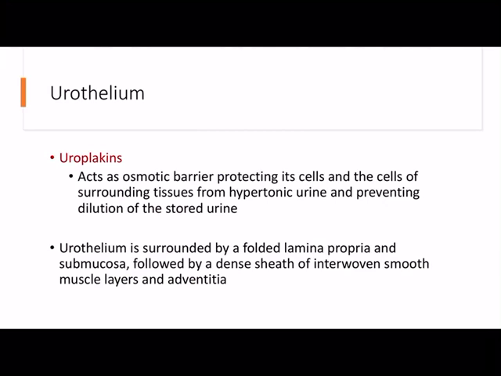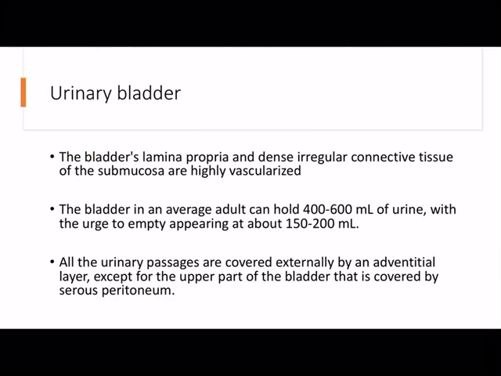Urothelium is surrounded by a folded lamina propria and submucosa, followed by a dense sheet of interwoven smooth muscular layers and adventitia in your urinary bladder. The bladder's lamina propria and the dense irregular connective tissue of the submucosa are highly vascularized. The bladder in an average adult can hold at least 400 to 600 ml of urine, and the urge to urinate starts at 150 to 200 ml of urine. All the urinary passages are covered externally by an adventitial layer except the upper part of the bladder that is covered by a serous